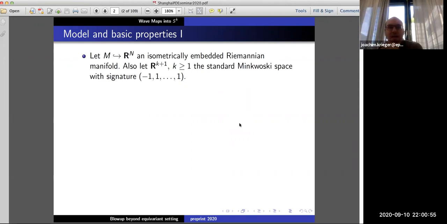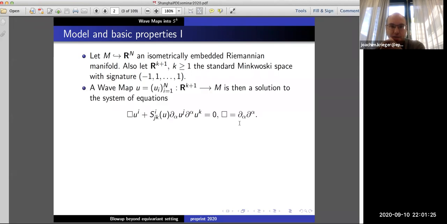So a wave map describes maps from basically a Lorentzian manifold, in my case Minkowski space, into a manifold, and the manifold is going to be very specific. It's just going to be the sphere, but generally it's going to be a Riemannian manifold, which one can visualize as isometrically embedded in some ambient Euclidean space. Minkowski space for me is always R^(k+1) with -1 for the time direction and +1 for the remaining